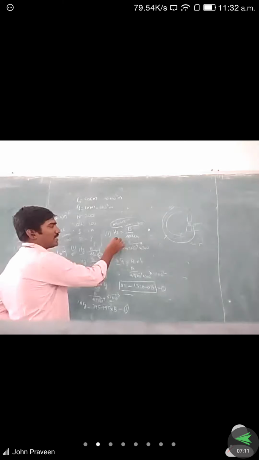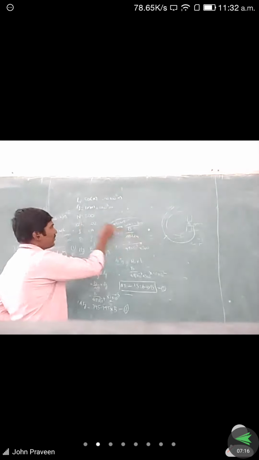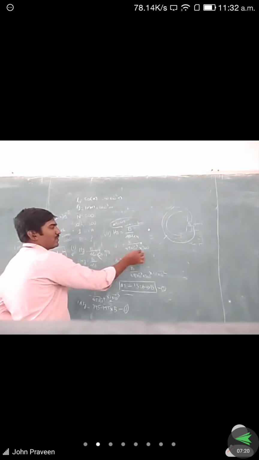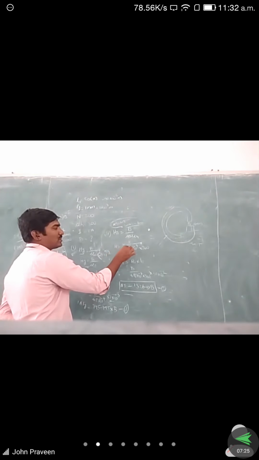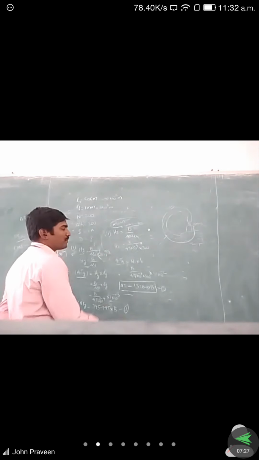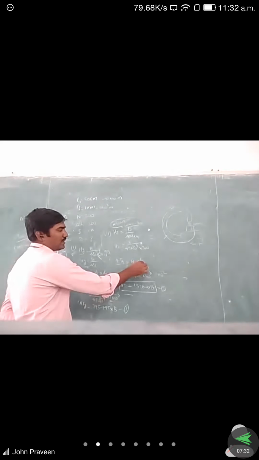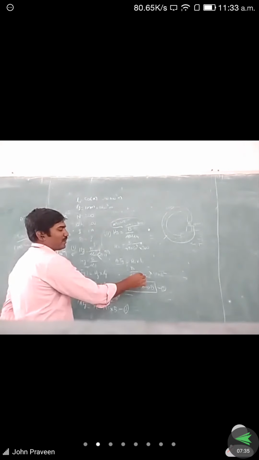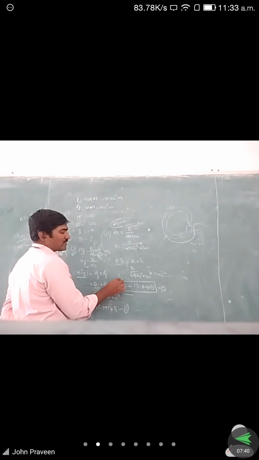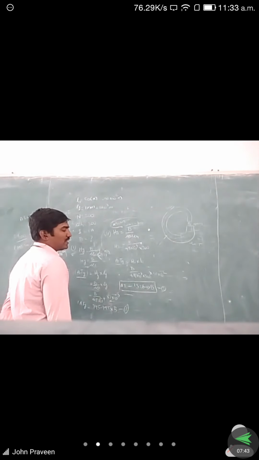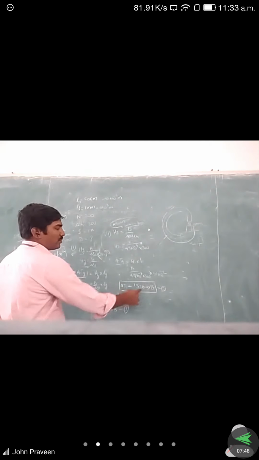Next, similarly, we calculate for the iron material. Hi is equal to B by mu naught into mu r. Mu r value is given in the problem as 300. We substitute the mu r value and mu naught value, so we get the equation Hi is equal to B by 4 pi into 10 to the power of minus 7 into 300. Then we find out the ampere turns is equal to Hi into Li, that is B by 4 pi into 10 to the power of minus 7 into 300 into 15 into 10 to the power of minus 2. Finally we get the value, ampere turns is equal to 1326.3 into B. So in equation 1 and equation 2, B is common.